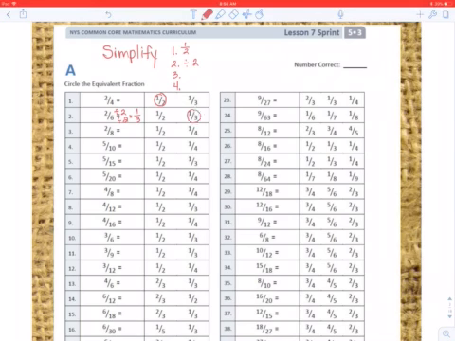2 and 8 are both even numbers. 2 is not half of 8, so I'm going to use the same strategy, divide by 2, to get 1/4. Is 5 half of 10? Yes, it is. Is 5 half of 15? No. Are they both even numbers? No. So on this one, I'm going to divide